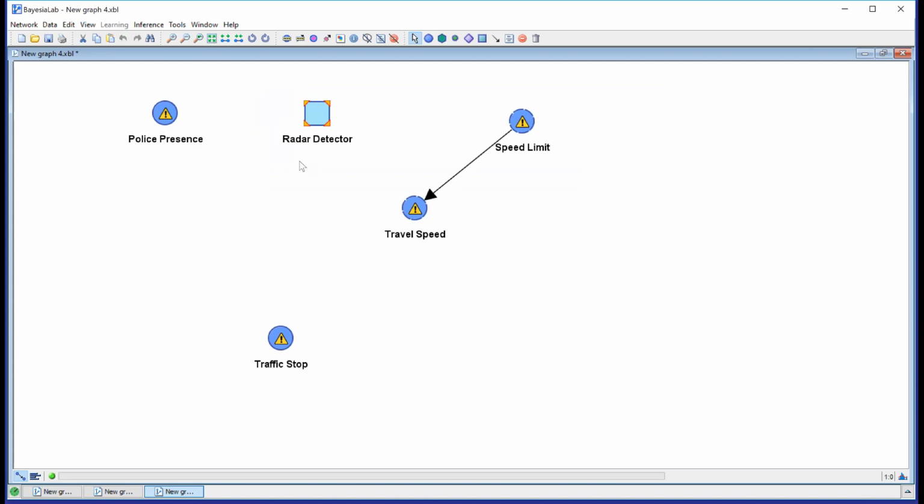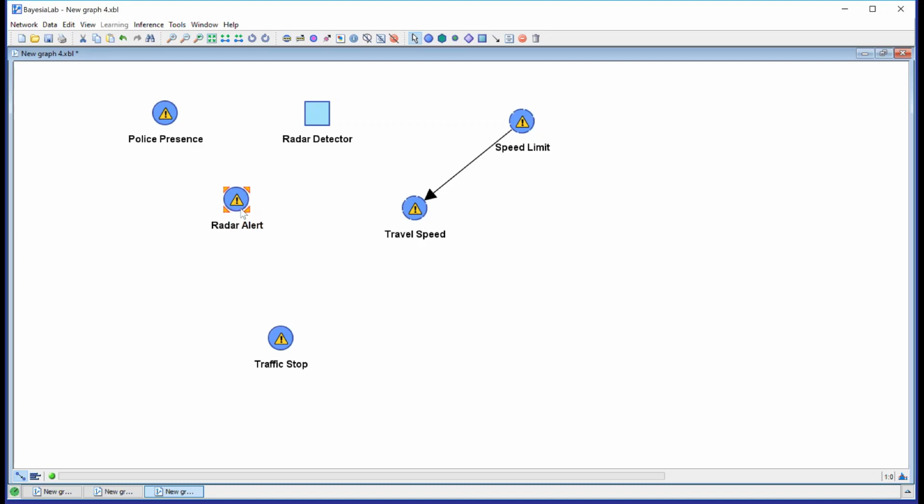And it's quite obvious that what the radar detector is trying to do is to detect the police presence via a radar alert. So I'm encoding that.